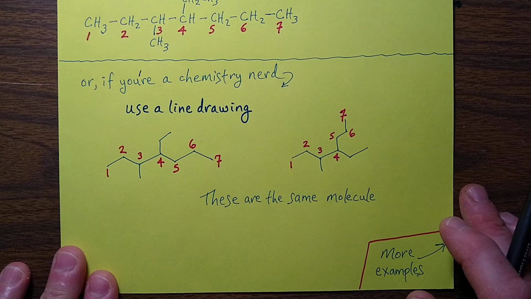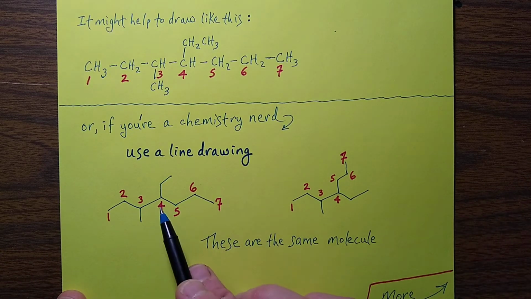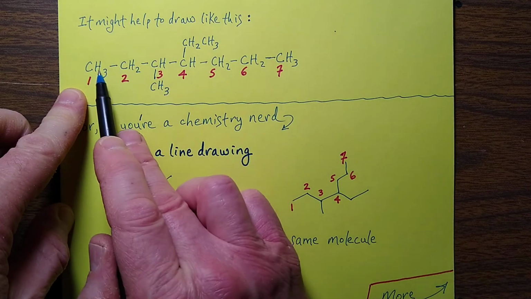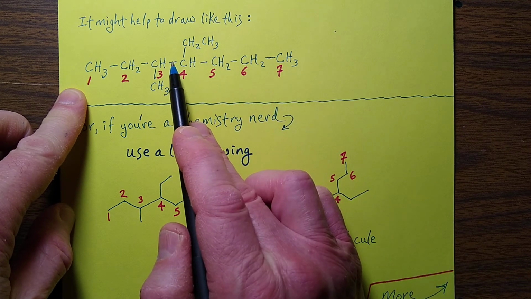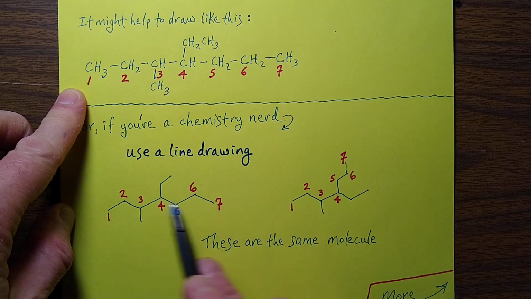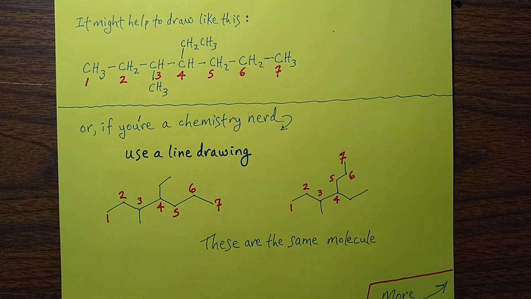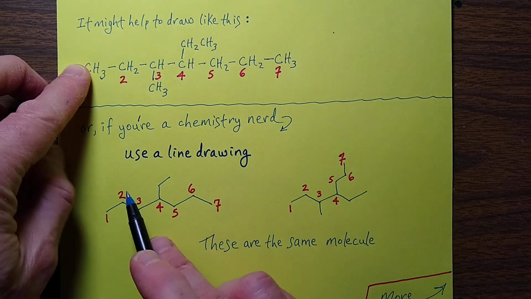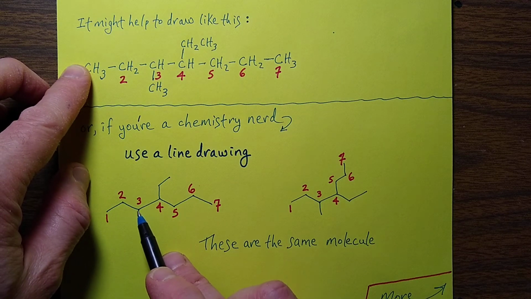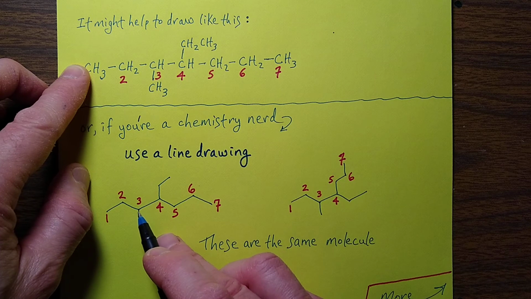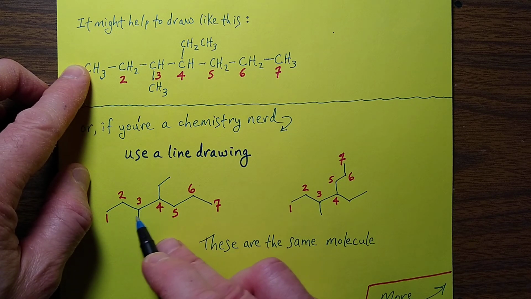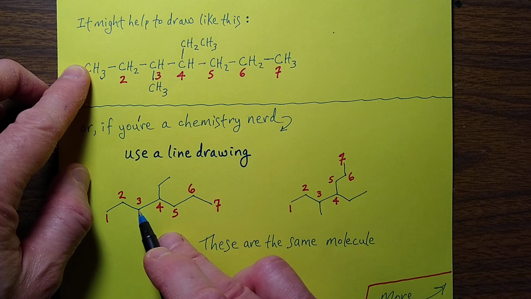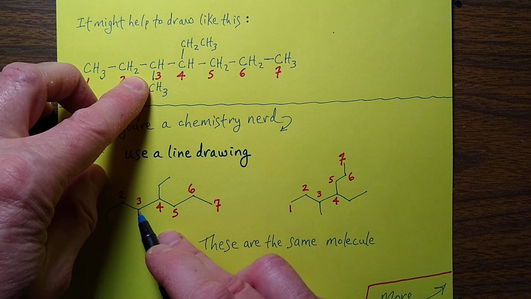So notice here's the line drawing of this compound. Let's see how I did that. What I did is I just found the longest chain of carbons, 7, and I put it straight across. 1, 2, 3, 4, 5, 6, 7. So then, at the 3rd carbon, 1, 2, 3, it doesn't matter if it's pointing up or down. If the zigzag pattern is down at that carbon that I have something attached to,